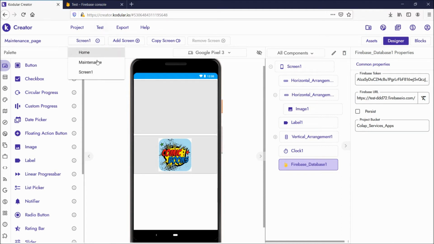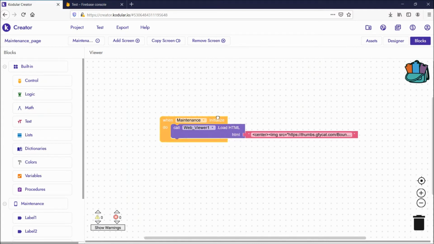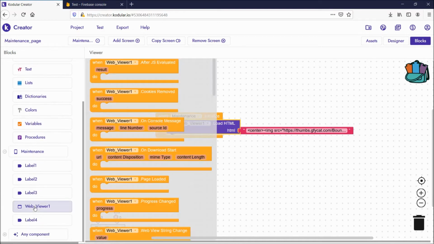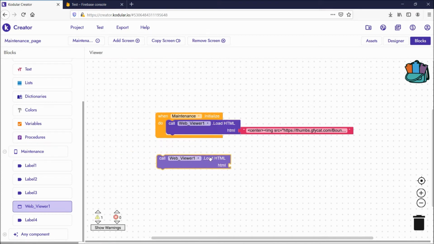First I will go to the maintenance screen. In this maintenance screen, I will show you the blocks. This is one block I have given here, WebViewer LoadHTML. In WebViewer, you can see a block called WebViewer LoadHTML.